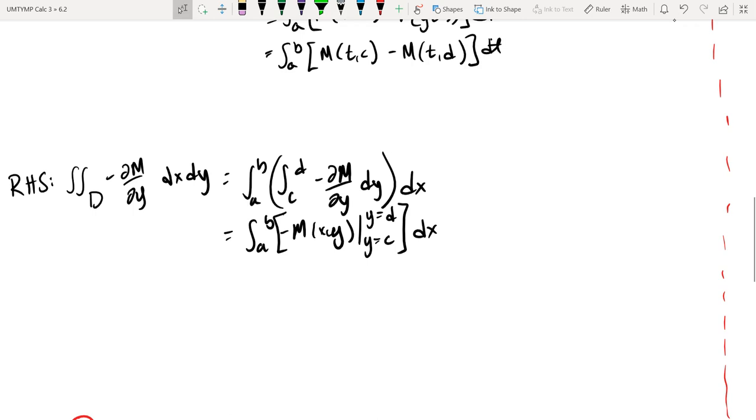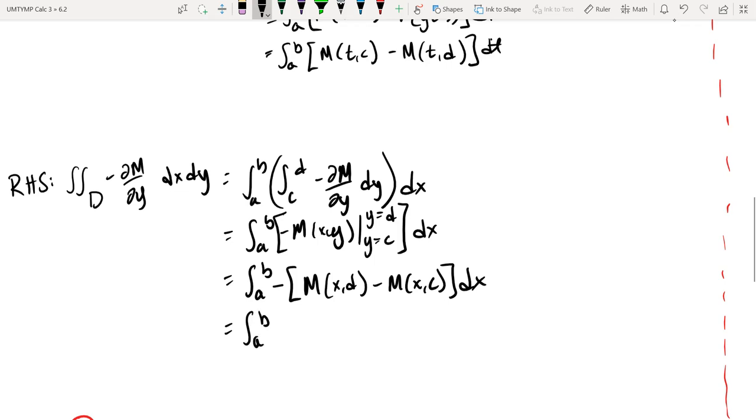And so what I get is the integral from a to b of minus [M of x comma d minus M of x comma c] dx. Or put another way, distributing the minus sign in, the integral from a to b of M of x comma c minus M of x comma d